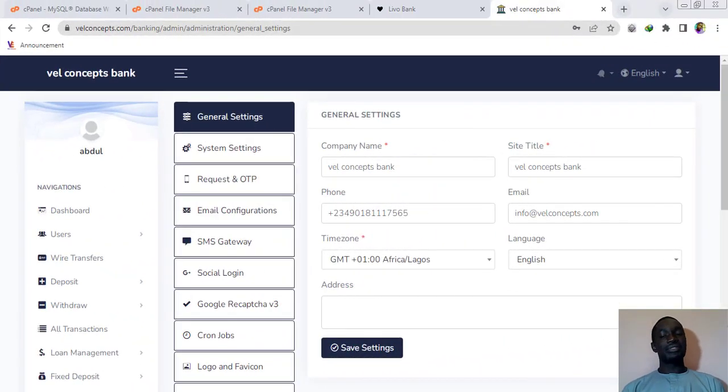So in our last video we have successfully created a database where this banking software, or let me say banking script, will be storing all the information it will be collecting. We have successfully linked this script to that database, right? And after successfully linking the two, we've set up an administrative dashboard, which is a super admin dashboard, right? So now all I have to do is, and remember,